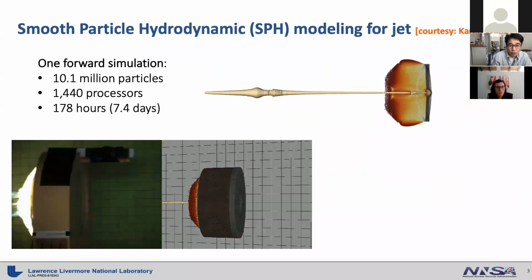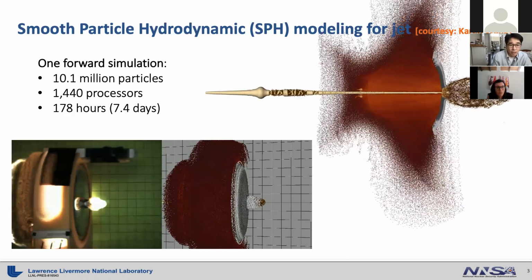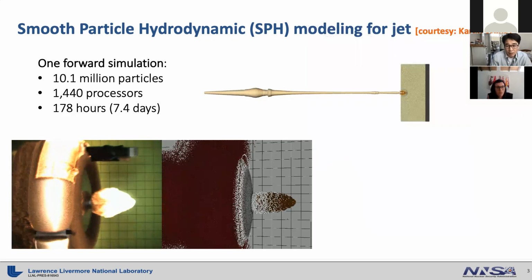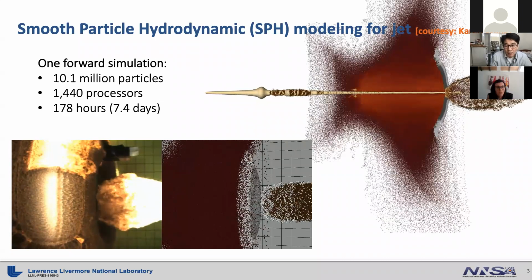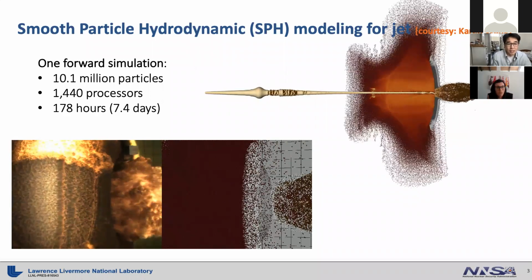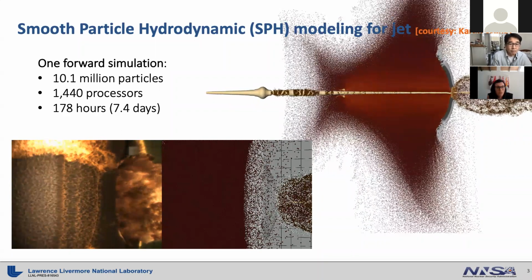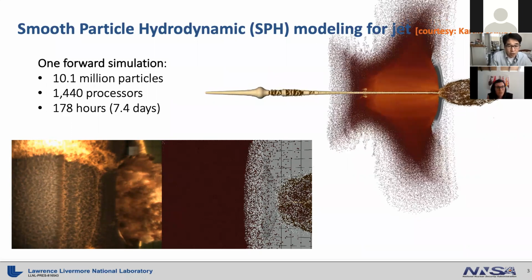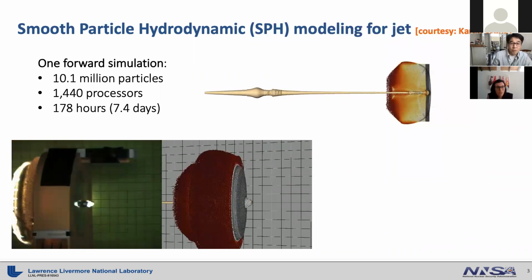Okay, now why reduced order models, right? You are looking at a beautiful simulation modeled by smoothed particle hydrodynamics for shaped charge penetration. The simulation is well matched with experiments, but very expensive. One full order simulation takes 7.4 days. This is unfortunate in the context of multi-query applications such as design optimization and uncertainty quantification, where you need to do many different full order solves, exploring your parameter space. Therefore, many researchers have tried to build efficient reduced order models that accelerate their simulations without losing much accuracy,